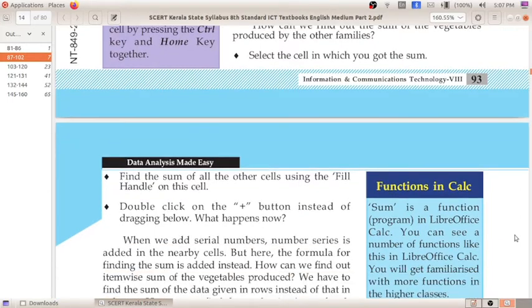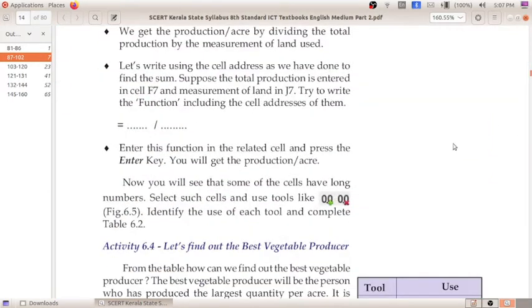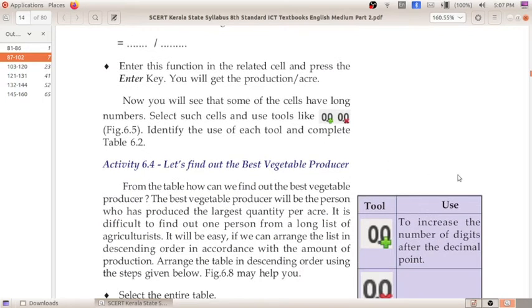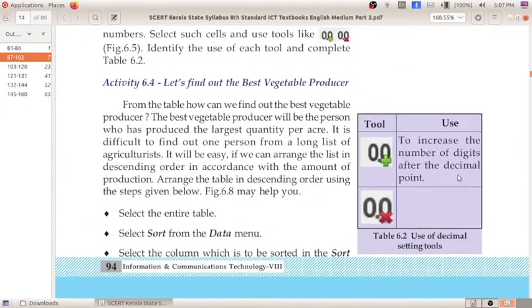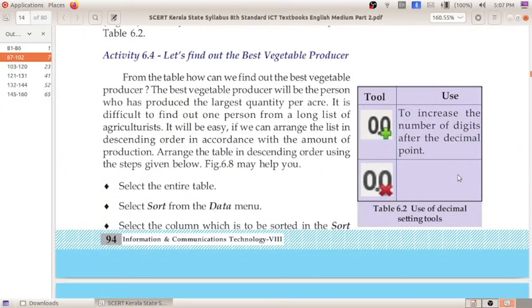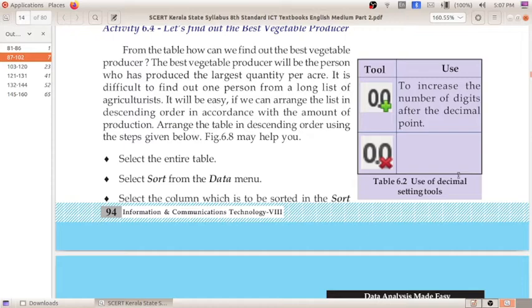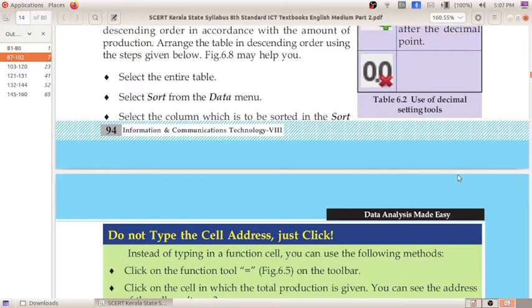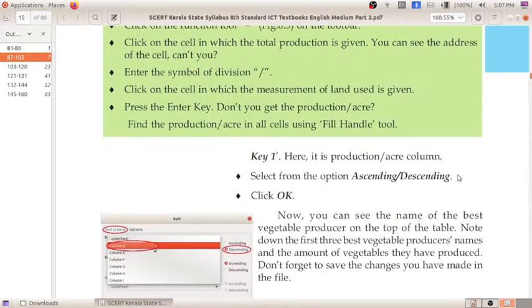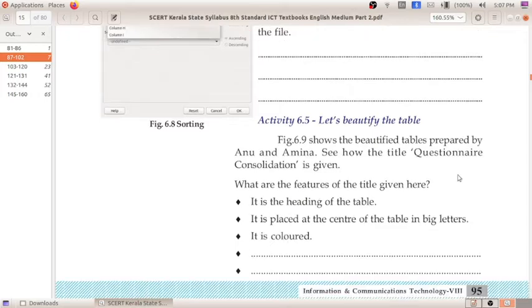That means here we have divided the total production with the acre of land by using the function key. Function key is the equal to, right? And we have done sorting also to find out the best vegetable producer. We have done the sorting from the data menu. Either we can do ascending or descending order.